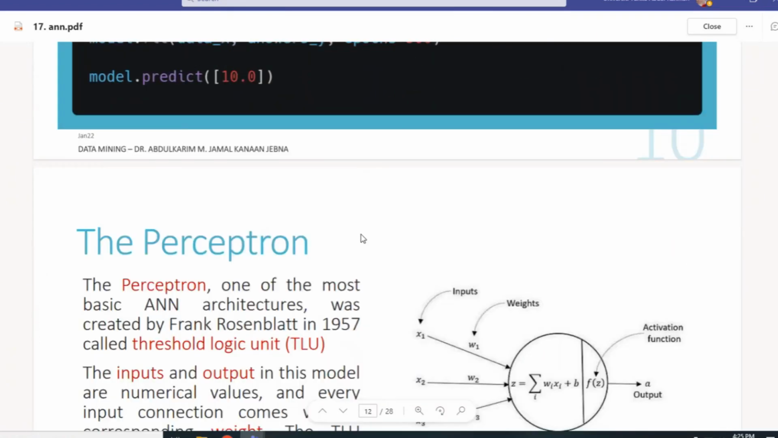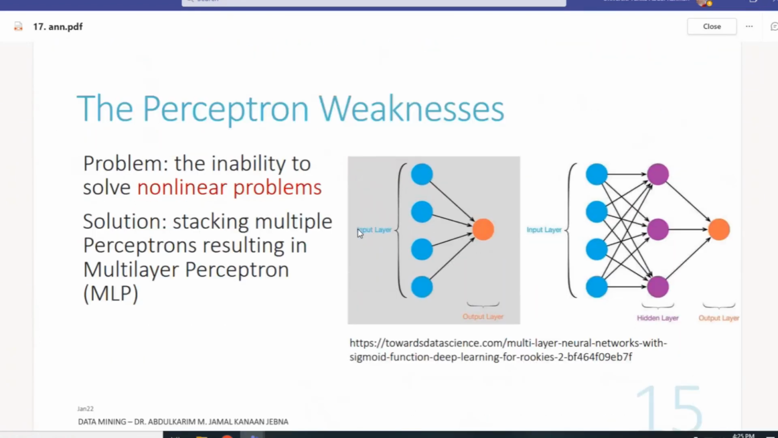So where's perceptron? Yeah, the weakness of perceptron is the inability to solve nonlinear problems. That means it's only able to work on simple problems. If you have a complex problem, then perceptron won't be able to help. In this case, for nonlinear, complex problems, we need to go with multi-layer